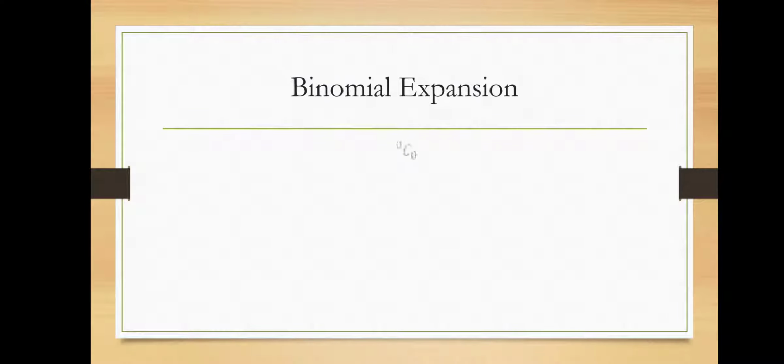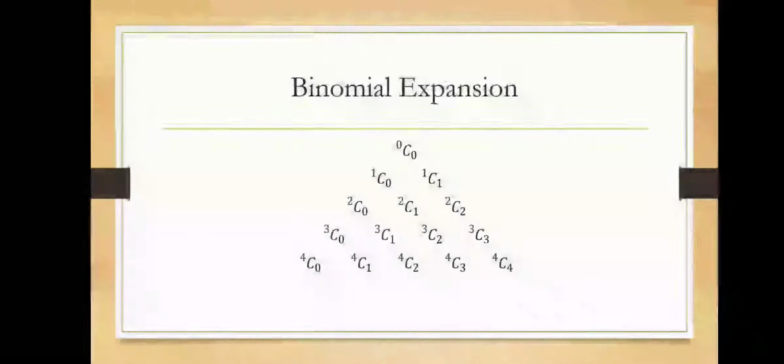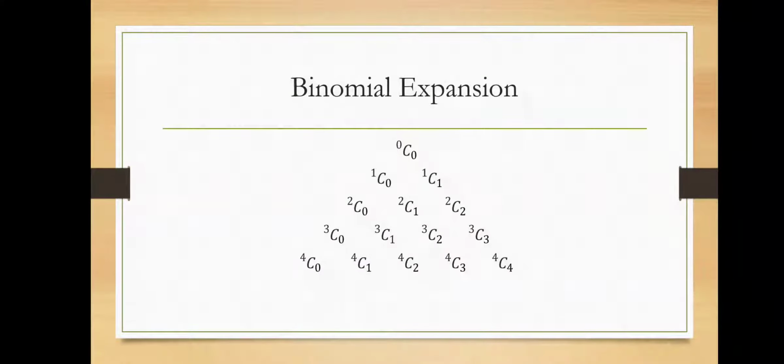Now, if you just look at this, what I have done, the first one is 0C0. Obviously 0C0 will be 1, 1C0 is again 1, 1C1 is 1, 2C0 is 1, 2C1 is 2, 2C2 is 1. So basically, if you look at all these, this is the Pascal's triangle, but all those coefficients